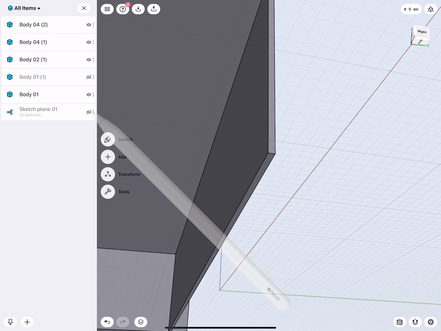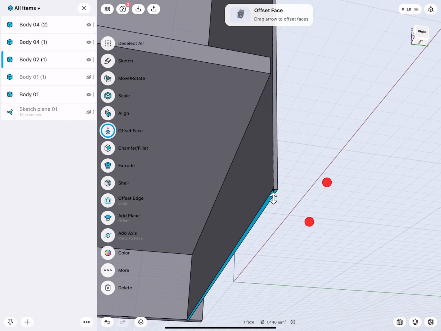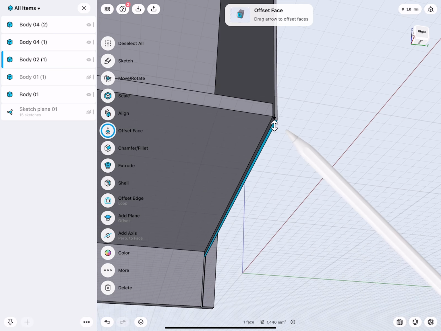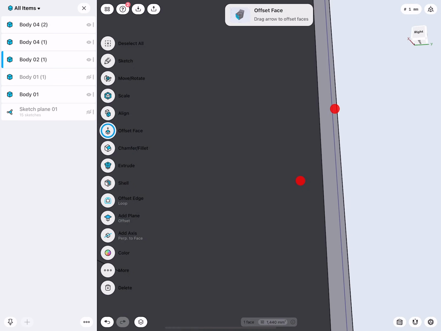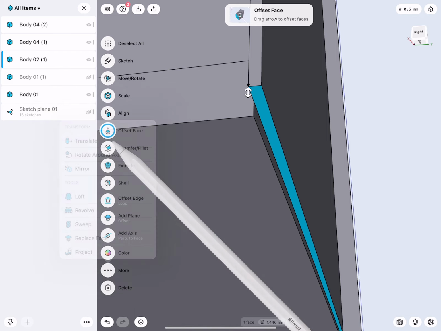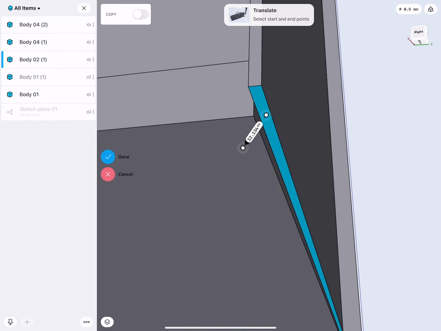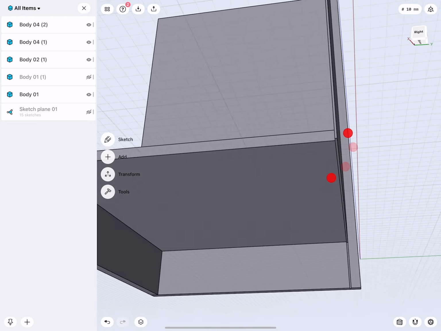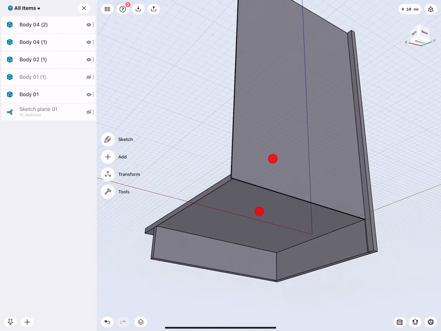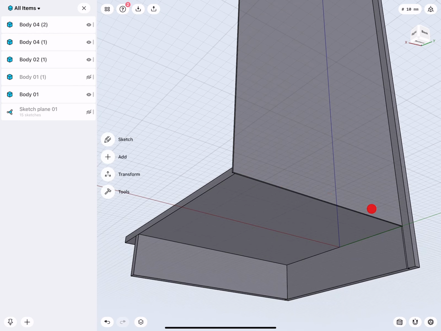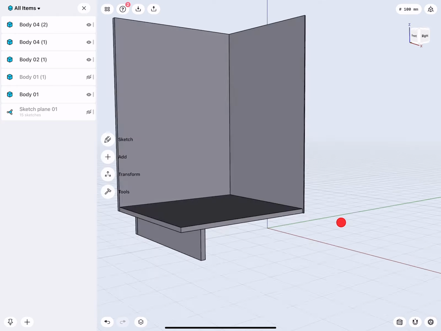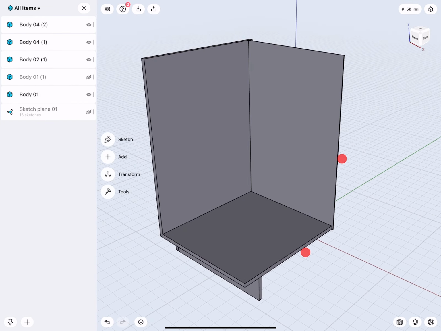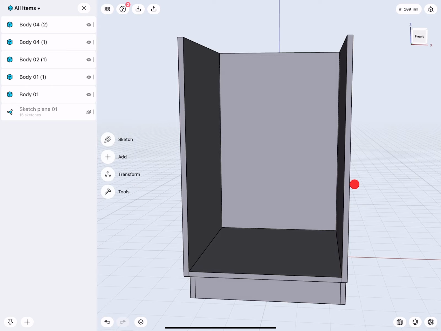Oh, this is actually too far. So there, and translate. You can also go face to face translate. There. Nice and flush. Here later where I'm tipping, we could actually use screws. If we want to be cheaper, we can use nails and actually secure the back wall onto this board. Okay, good.